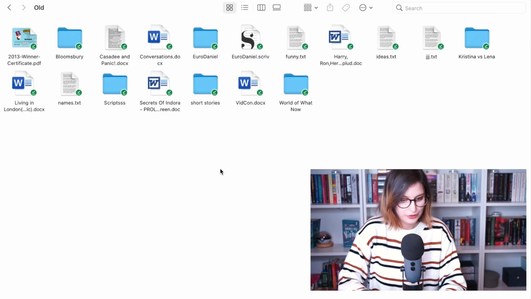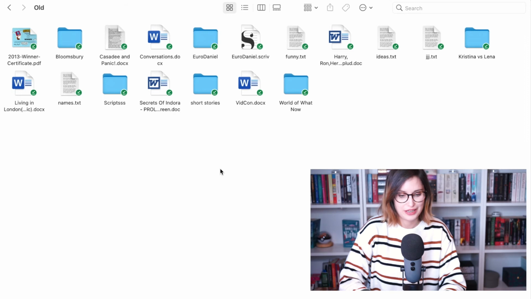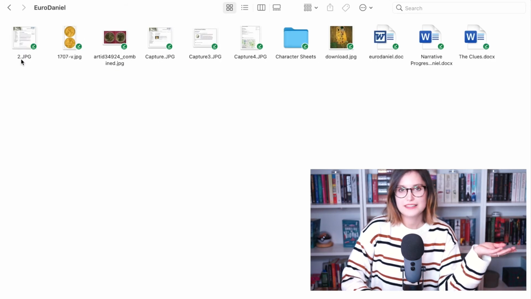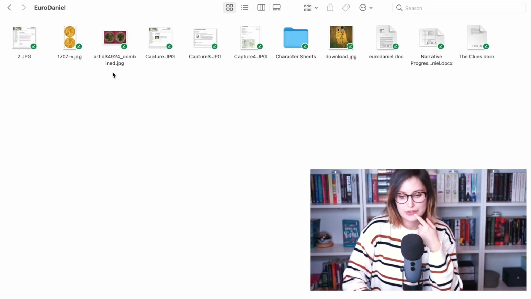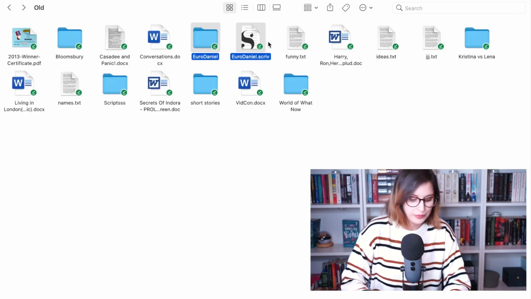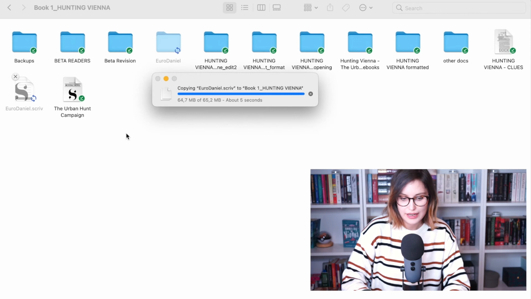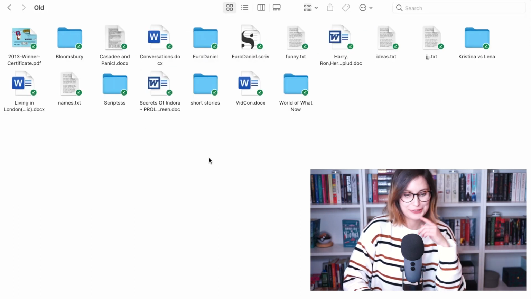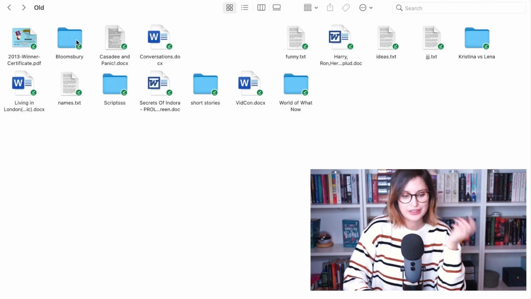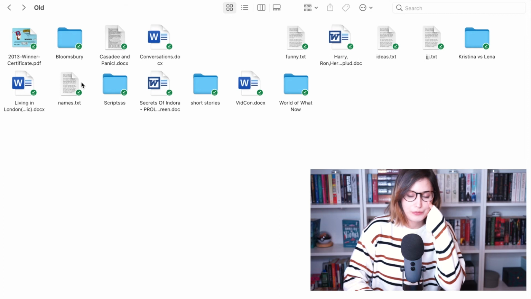So I have some old stuff in here as well, like really old cringy writing. Actually, see, this is what I mean by I'm not so organized, because this should not be in here. Let me just quickly move that in there. Yeah, what else do we have in here that I might actually need to move somewhere else? Yeah, so these are a lot of really old, really cringy stories or beginnings of books.